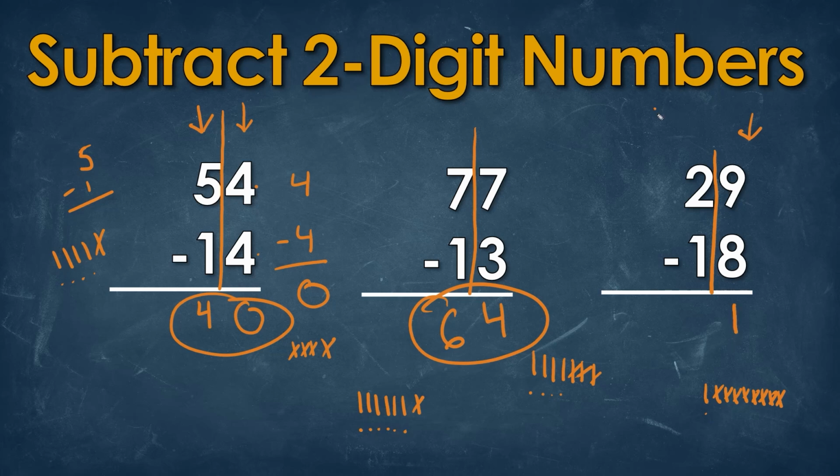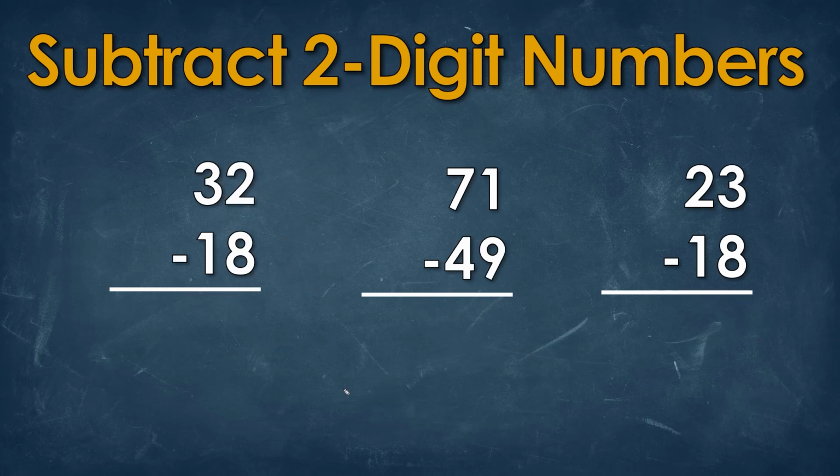Now let's try the column on the left side. We have a 2 minus 1. We have 1, 2. We remove 1, and we're left with 1. So 29 minus 18 is 11. Let's try doing a couple more two-digit numbers. So taking a look at 32 minus 18, we'll put a line down the middle here, and we notice we